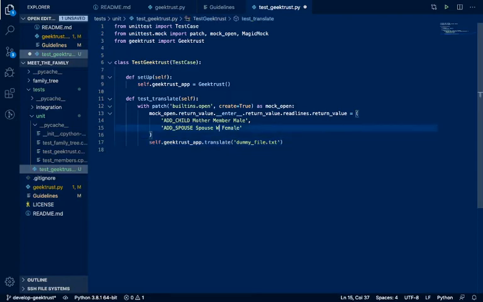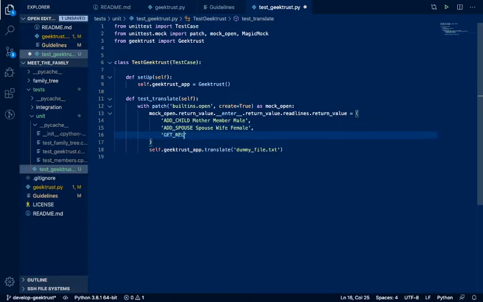Female. And then we are going to have get relationship, right? And then member, and let's just have a relationship over here, which is not a valid relationship, but okay, no, let's have a valid relationship over here, right? So this is going to give us some result,